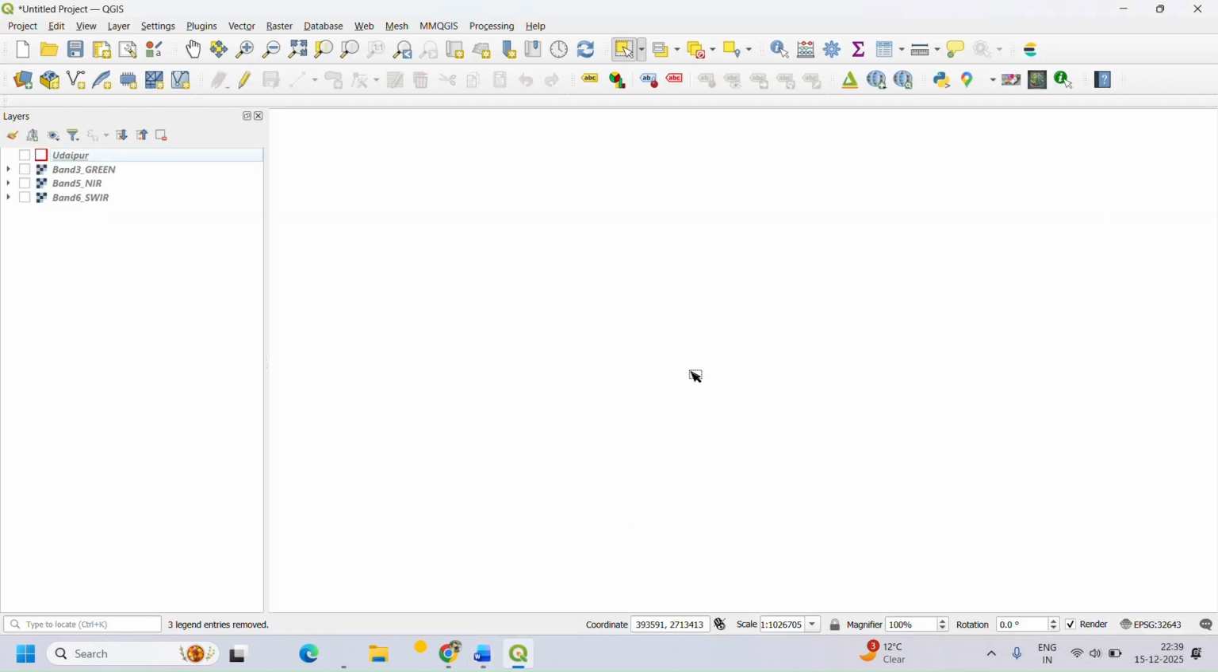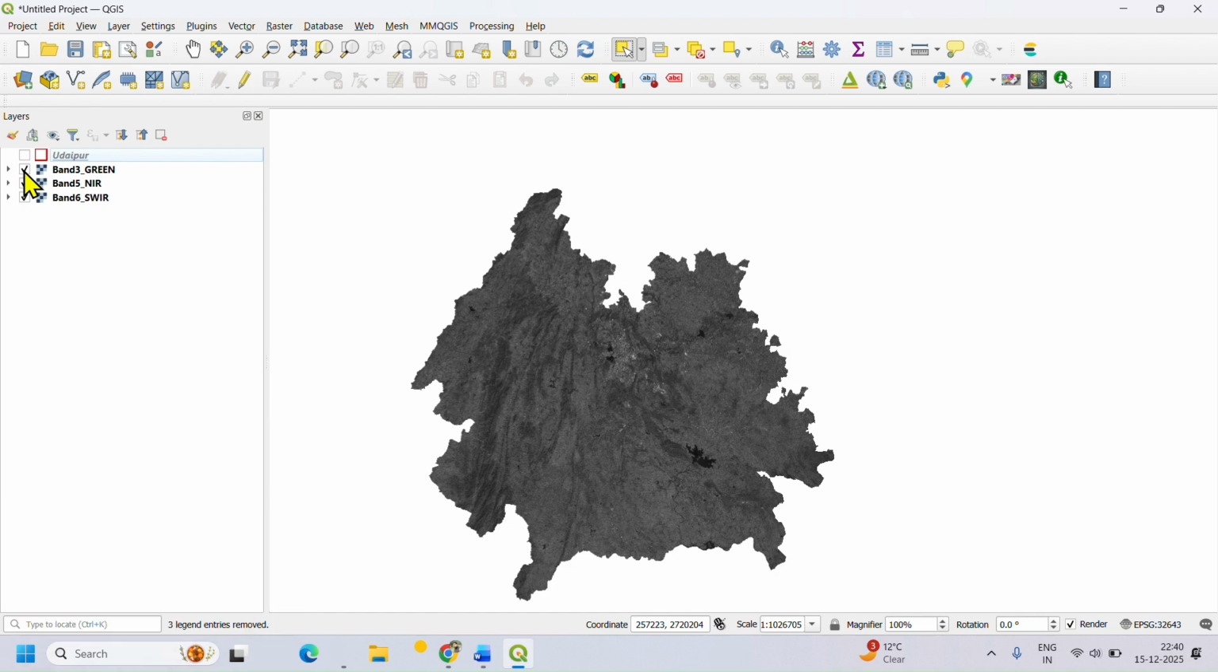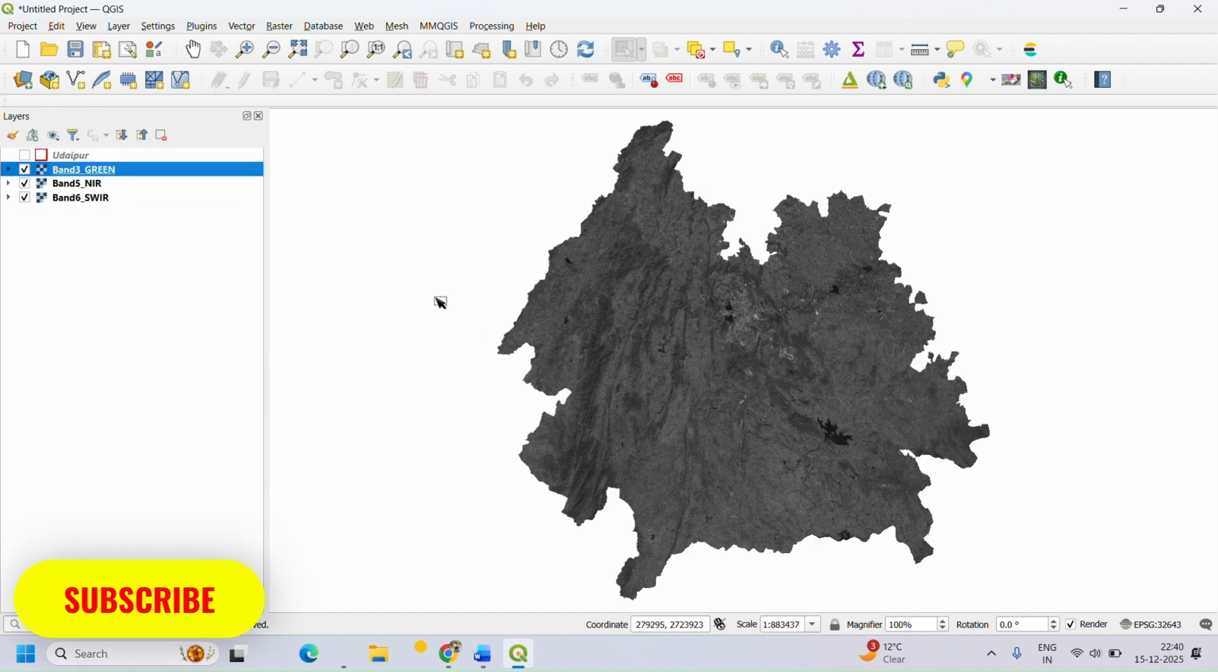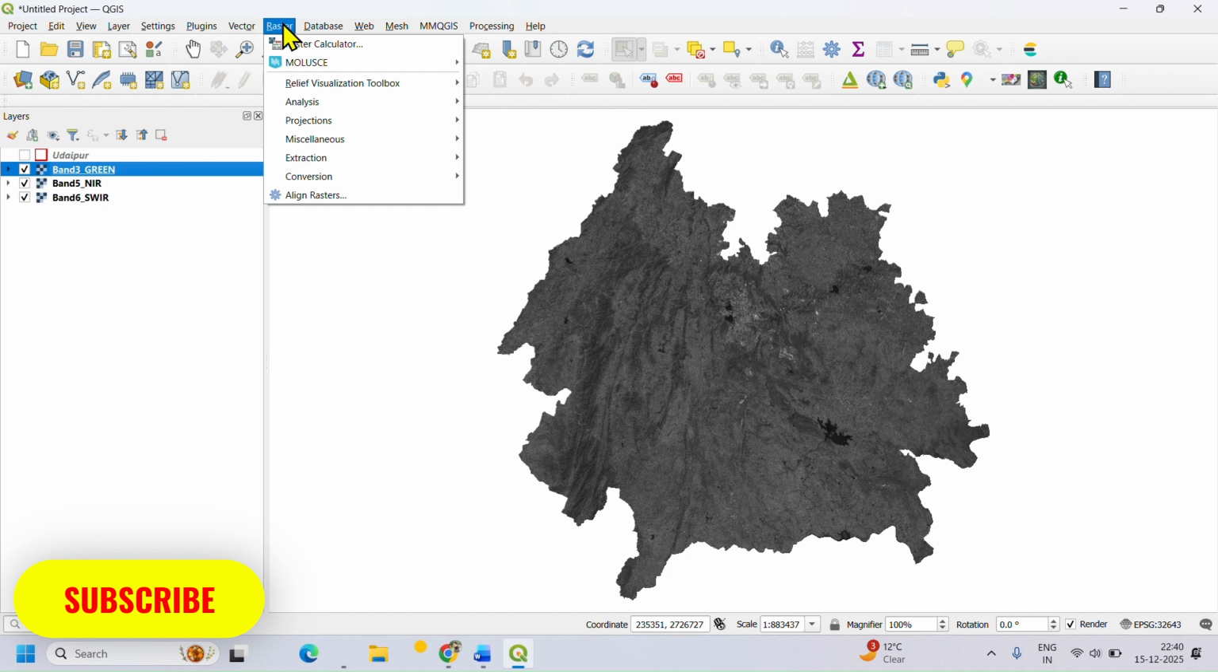In this video, I will show how to first create NDWI and MNDWI maps using Landsat band 3, band 5, and band 6. So I have imported band 6, which is shortwave infrared for my study area, then near infrared band 5 and band 3, which is green band. To calculate NDWI, we need near infrared and shortwave infrared bands. So let's go to raster calculator